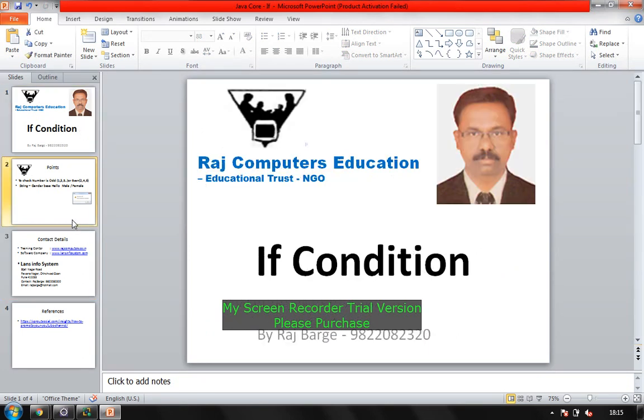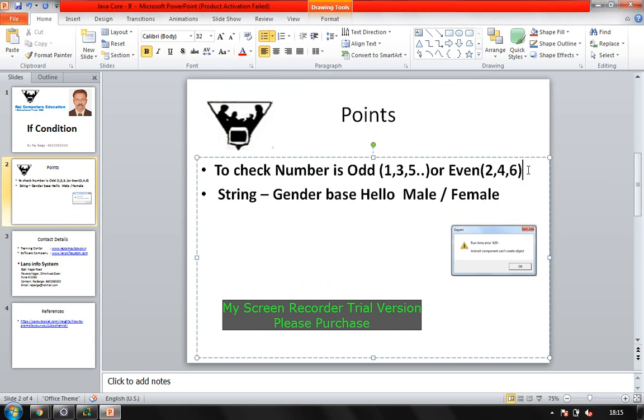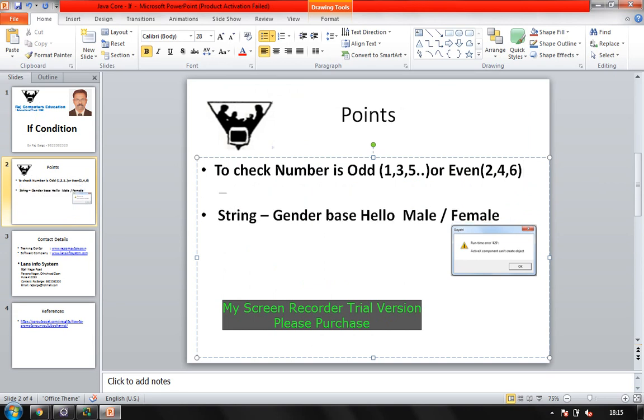So when you say number is odd or even, that means we are trying to use a basic operator that is called mod. In computer, the thing which is called mod is the same thing which is called remainder in maths. Now what is it exactly?